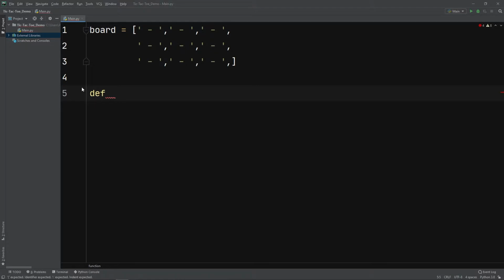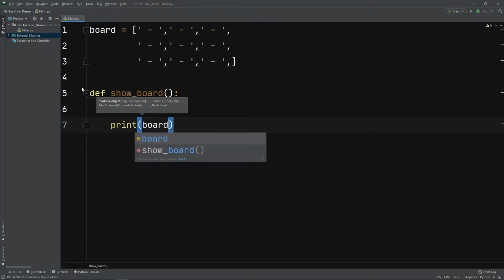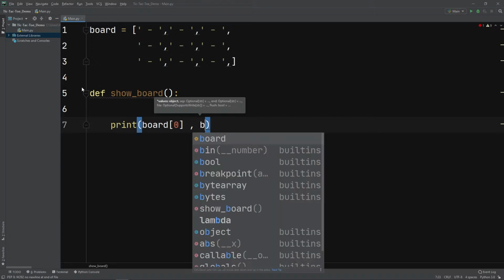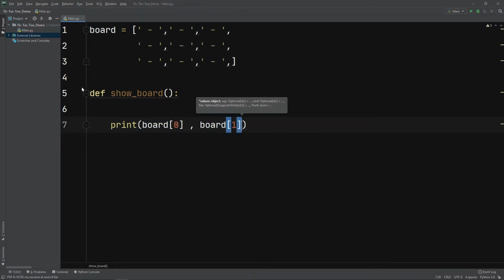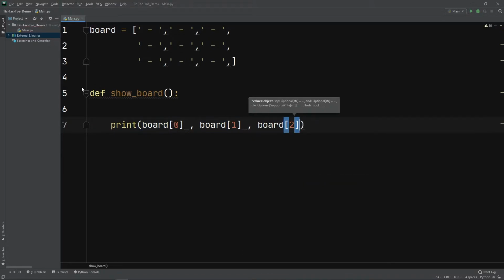Let's name this function show board, and what this function will do is print the board as we want. So first statement will be print, and this statement will print the first 3 elements of the board. So to do so, we will write board, and we will use the index 0, and then we will print board at the index number 1, and then we will print board at the index number 2. And what this full statement is doing is printing the first 3 elements in the list in the first line,